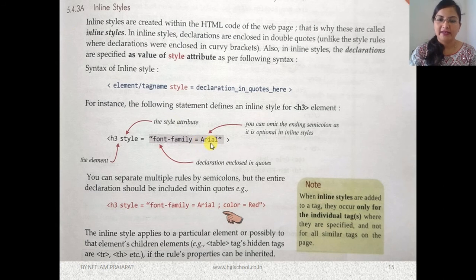Then Arial, and if you have to write one more style, then you have to terminate it with semicolon. You don't have to change syntaxes a lot. Here in place of curly brackets you have to put double quotes. That's it. Everything is same in all the styles. You have to write style and equals to, and then in double quotes you have to write the style. So font-family, then colon, not equal to, and then write the font type, like Arial, Times New Roman, Monotype Corsiva, Verdana, Tahoma, etc.